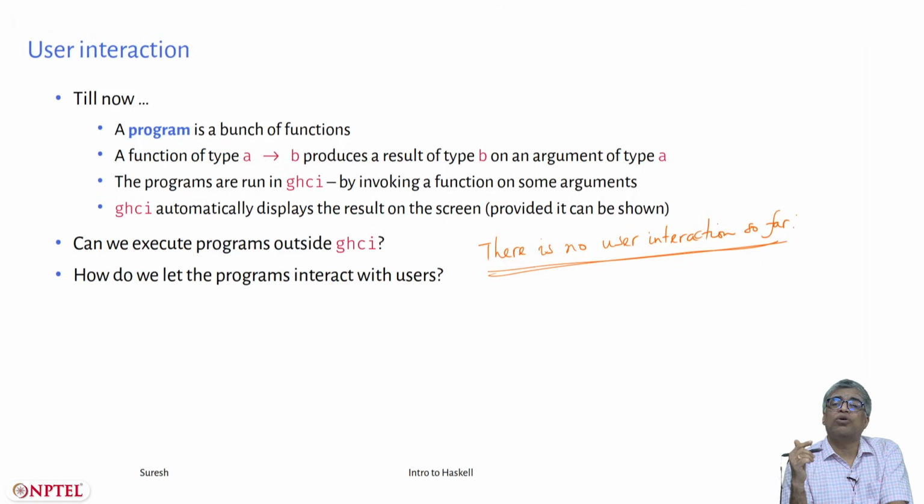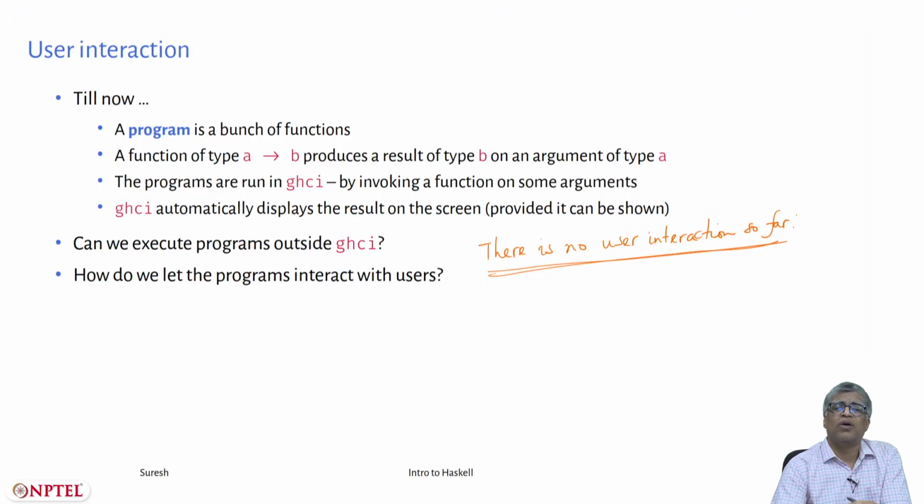Okay. So there is no way to say that, oh, this program, let the program run, and then the program should ask the user for an input. Based on what input the user gives, the program should behave either in one way or in another, and then maybe ask for further inputs from the user, and then produce results accordingly. Okay, so this is how normal programs work.